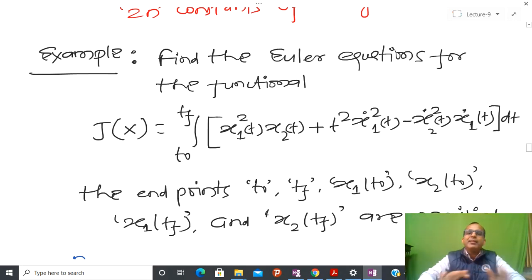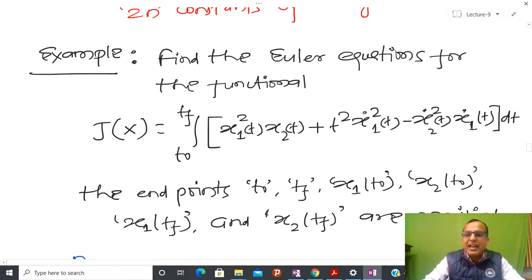And after that I have just discussed all possible cases, and everything is straightforward, so there is no need to worry about how these equations come into the picture. Now let us try to see some problem which is related to those cases where the functional contains more than one independent function.